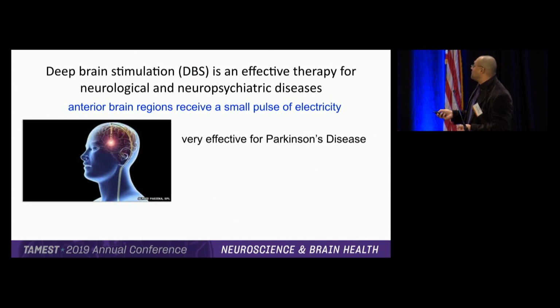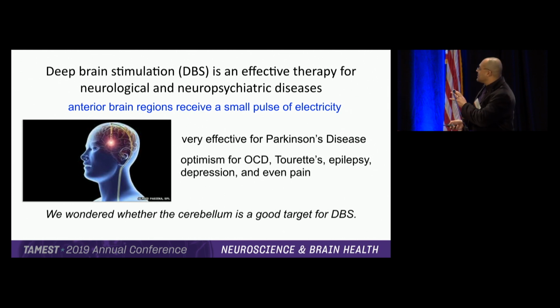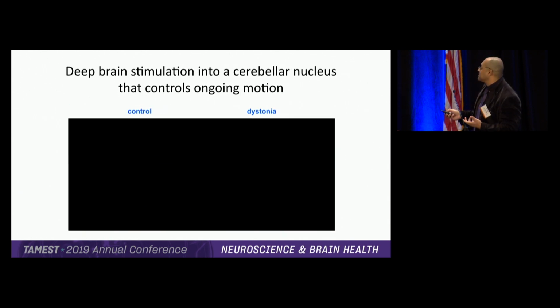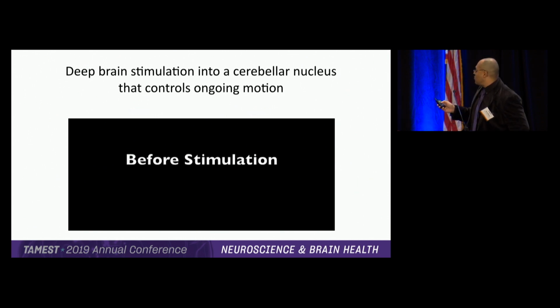This has been very effective for Parkinson's disease and tremor and some forms of dystonia as well. Much optimism for neuropsychiatric disorders. But in most of these cases, the cerebellum is not the target, and we wanted to test this. We think it's such a powerful connection to many regions of the brain, it should have a major impact on different regions. So we miniaturized the deep brain stimulation setup for mice, and I'll show you a small video here